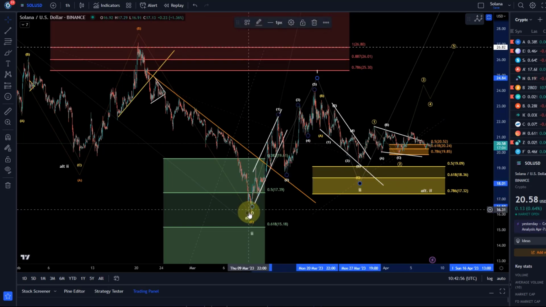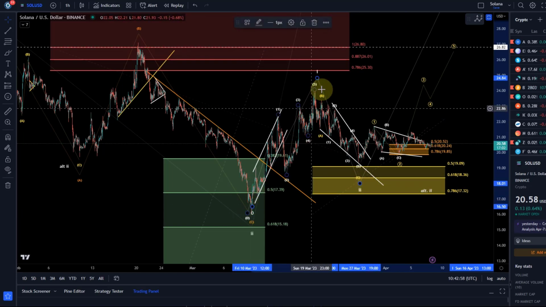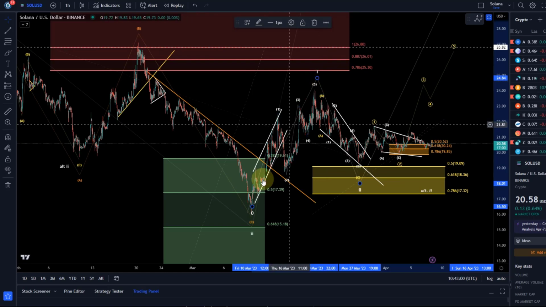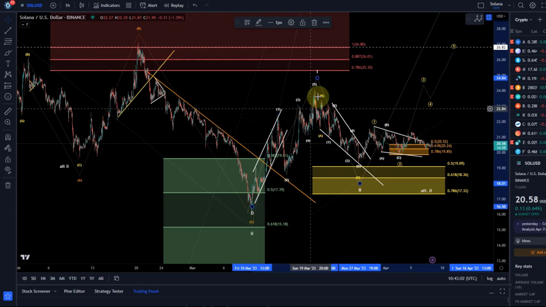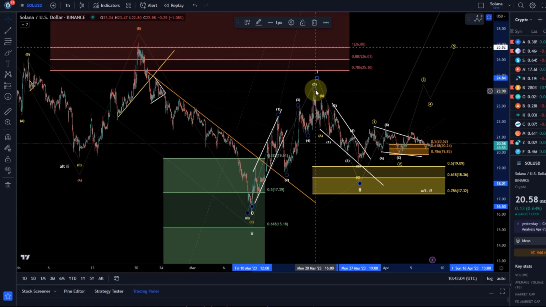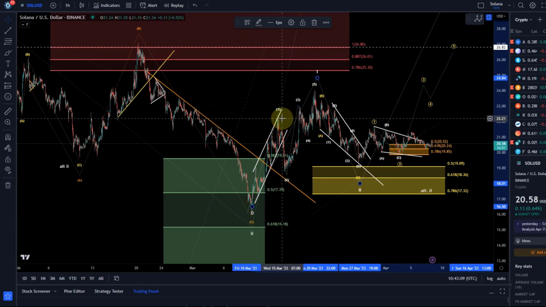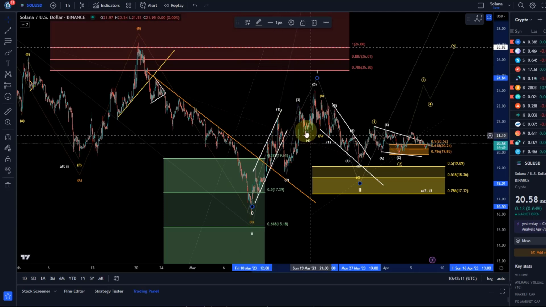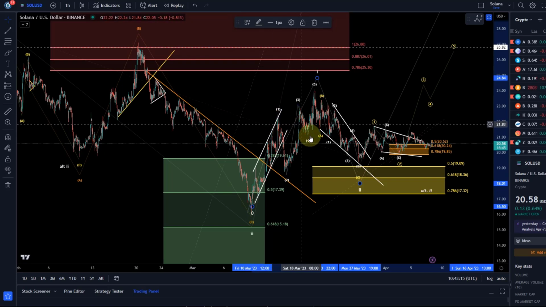At the moment, and I showed you the subwave structure count of this wave 1 to the upside yesterday, we rallied here between the 10th of March and the 20th in a wave 1. Someone asked me, all right, doesn't wave 4 overlap with wave 1? It clearly does. No, it doesn't invalidate such a wave pattern.